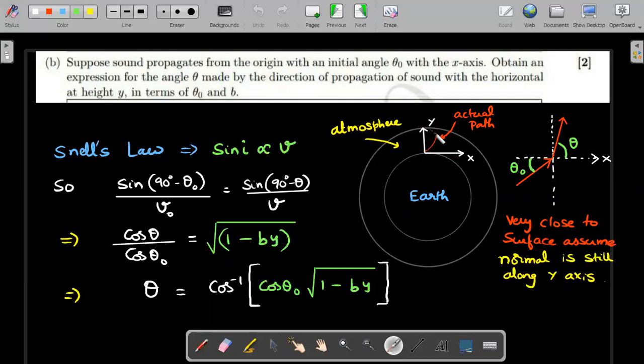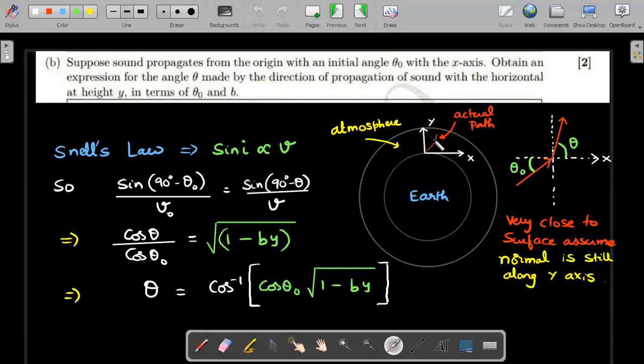Okay, so that's what was mentioned in the original question. So I'll assume that as this thing goes, this is almost like an equinormal curve, so the same normal direction of y. If I go to the starting place and zoom in on the diagram here, the first ray that is coming out, he said, is making an angle with the x-axis of theta naught. Theta naught is the initial angle.